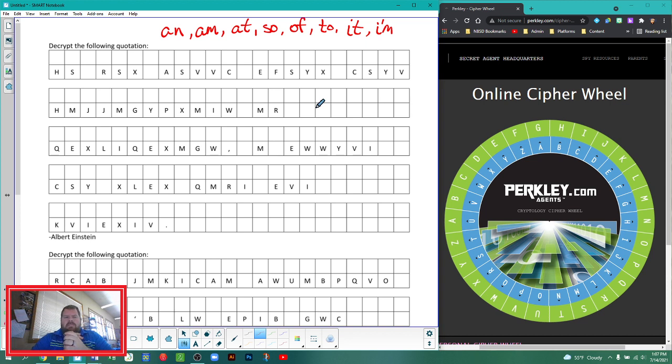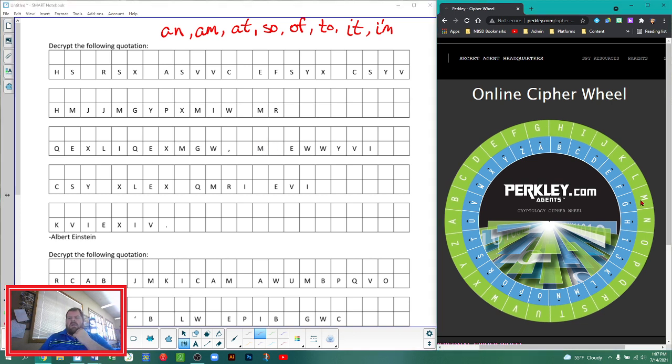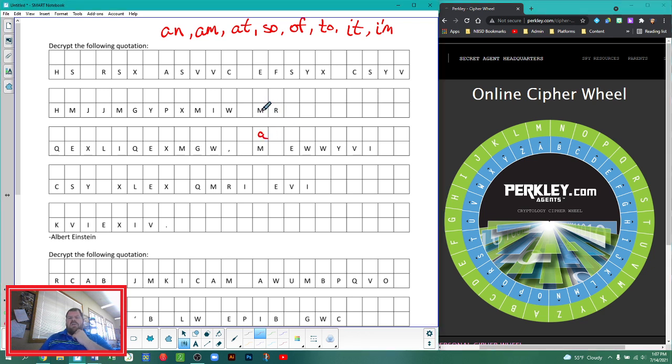words, if you will. So for instance, if I look at my one-letter word M, and I say let's go ahead and let M be A, we can quickly check the other one-letter words to see if they make sense. Here I'm setting M to be A, and I have MR. MR is a two-letter word. So that would be A, and R comes from